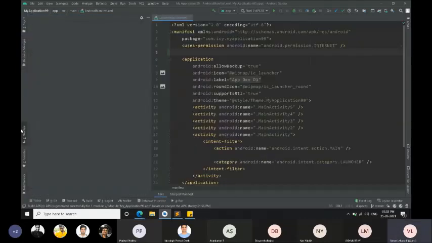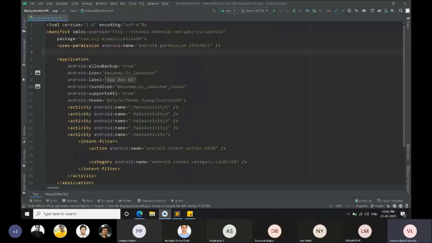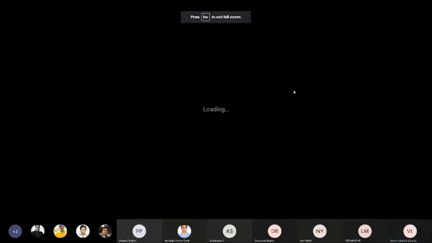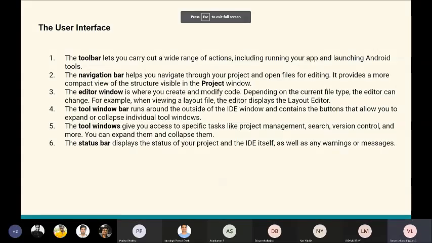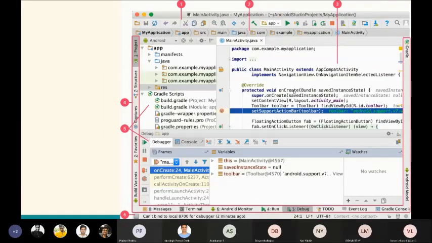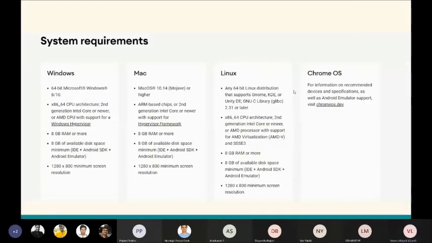We don't go in depth about them. So these are all various tool windows. If you click on them, that particular tool window will open. So this is just about what are the components present over there. So I'll just come to this.